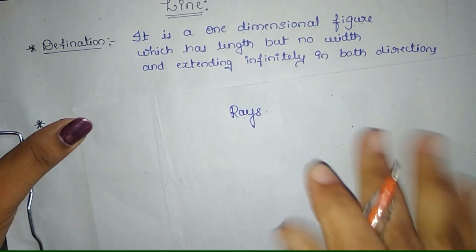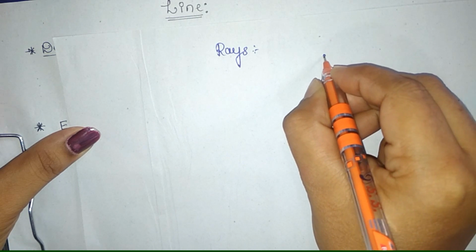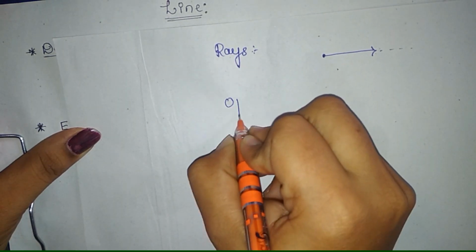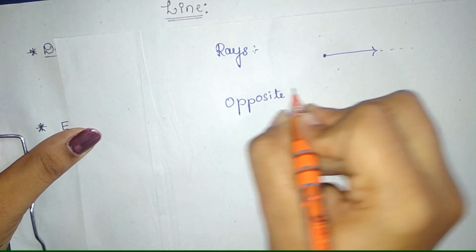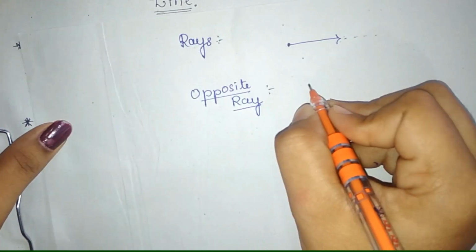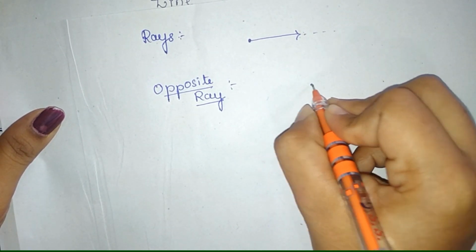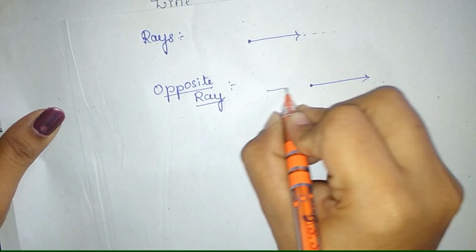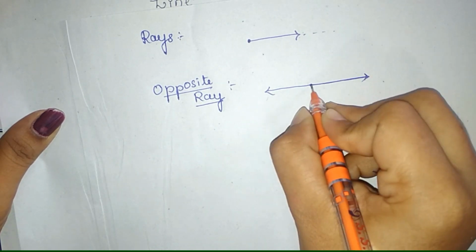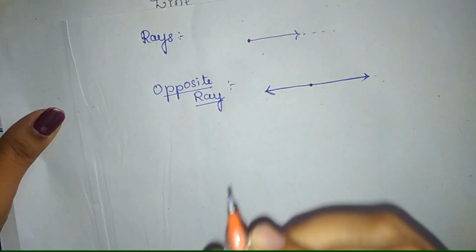You already know what rays are. When a point moves from the starting point in another direction, it moves in only one direction. And you also studied the opposite rays. What were the opposite rays? If you have seen my previous video, you know that two rays moving from the same starting point on opposite sides, exactly, if one ray moves in this side, then the other ray moves exactly opposite towards the other direction, and this forms the opposite rays.